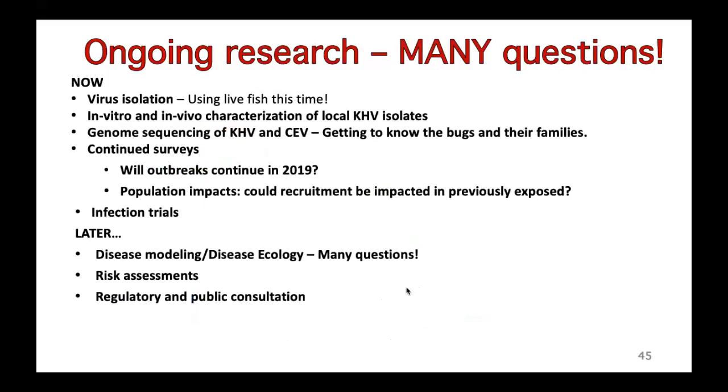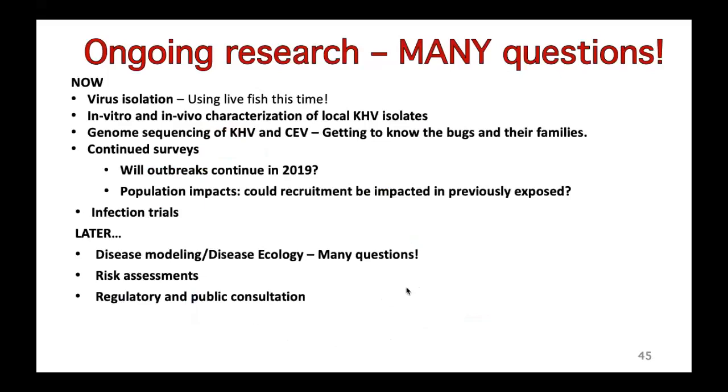So I think there'll be more outbreaks in 2019. There were more outbreaks in 2018 than in 2017. And that may be because of reporting, or maybe because the virus is still just kind of blowing through some of these populations. But that'll give us opportunities to put new points on the map, and also opportunities to just go out, like, again, we have those study sites at our fingertips, and we can learn about what the virus is doing when these outbreaks occur. And we'll focus in on looking at some of these population impacts, specifically looking at whether we can impact recruitment with this strategy. And then we'll also be doing some infection trials as well.